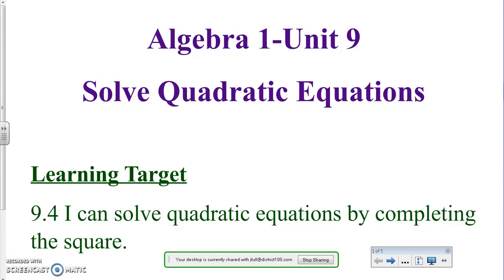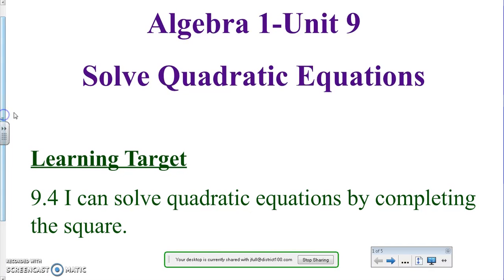Okay, so the last lesson was on completing the square. The first time we talked about how to complete the square when a is 1, so there's nothing out front. Then in the last lesson we talked about how to complete the square if there is a number out front. Today we're going to talk about another case, and that's when things don't always work out with nice